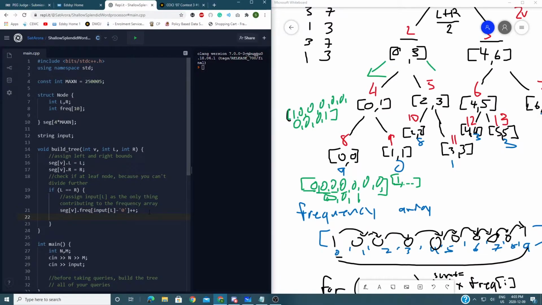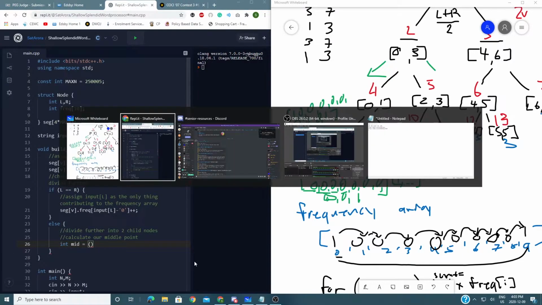So we can actually do it like this, and then we just return, or actually just have an else statement over here, so you can divide further into 2 child nodes, and then we need to calculate our middle point. So we find that int mid equals, and then,